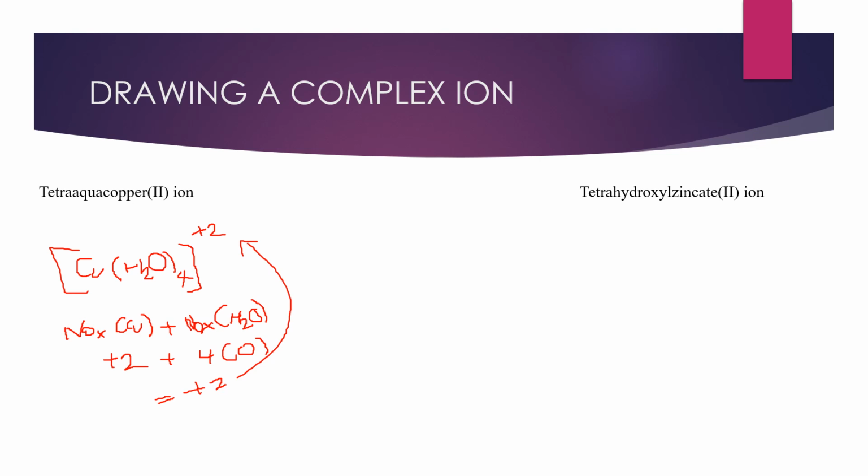Now let's look at this bit here. Tetrahydroxyl zincate ion. This zincate should give you an indication, ATE. That means overall this is a negative ion. So let's look at the metal here, which is zinc. We just put zinc here. What is the ligand? Tetrahydroxyl. Hydroxyl means OH. So this ligand is OH. Tetra means 4. There are 4 of them. Now that the name ends with ATE, we know that overall it's a negative. What negative? Let's work it out.